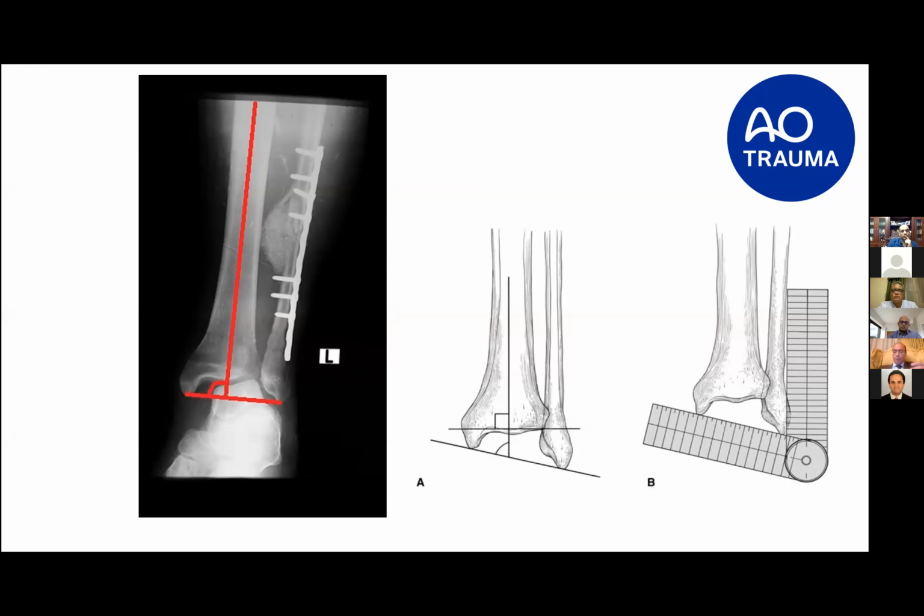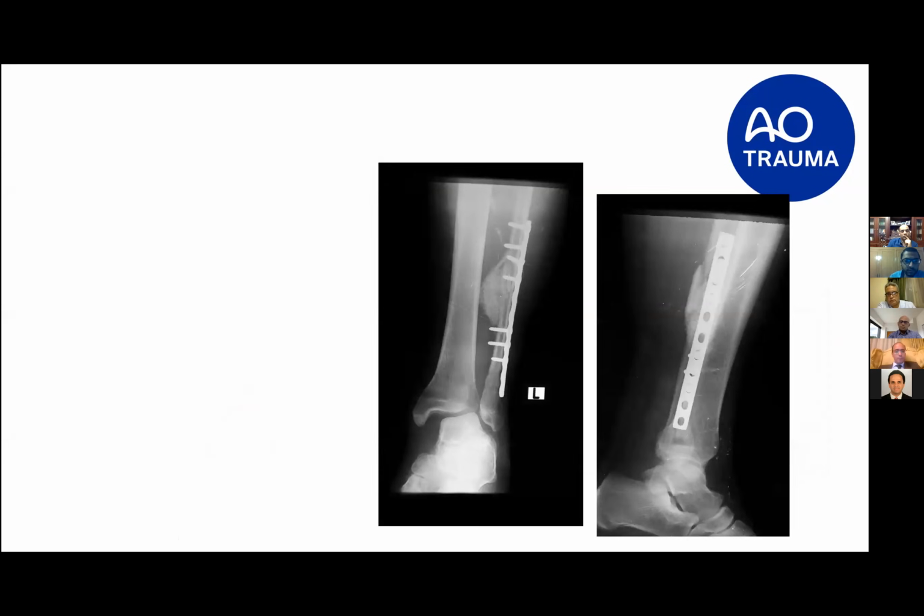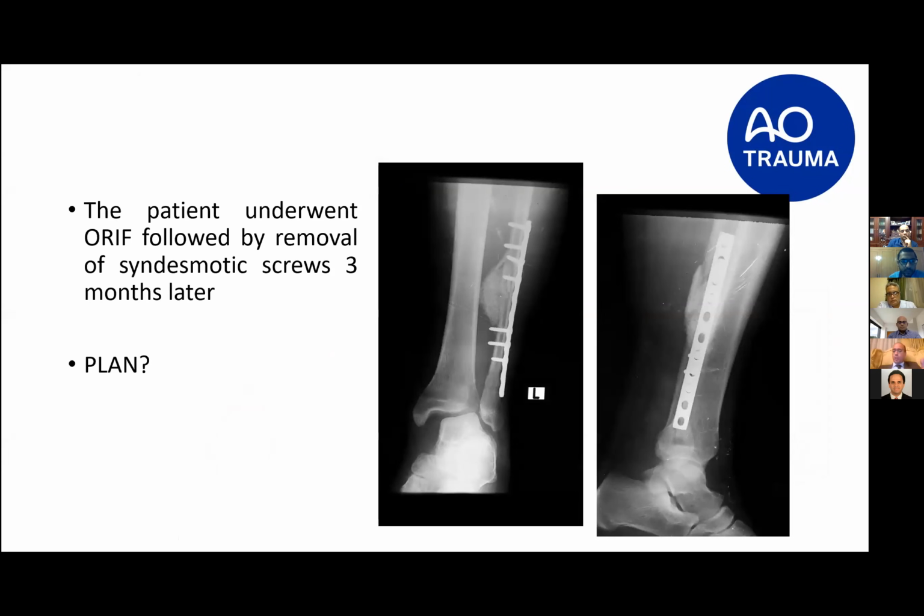So what would be your plan now? The fibula is short, the talus is tilted in valgus, the medial clear space is widened, the syndesmosis is not reduced. So what to do now? I think we have to go back to the principles that Dr. Ossama said in the beginning. We have to remove all this, lengthen the fibula, repair the syndesmosis, and then repair the deltoid. That would be